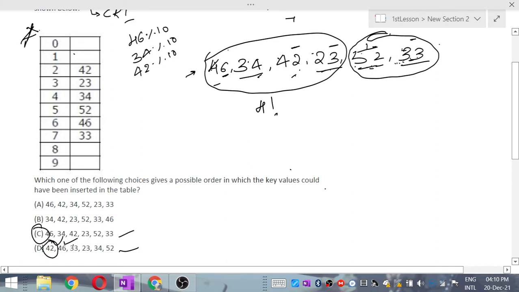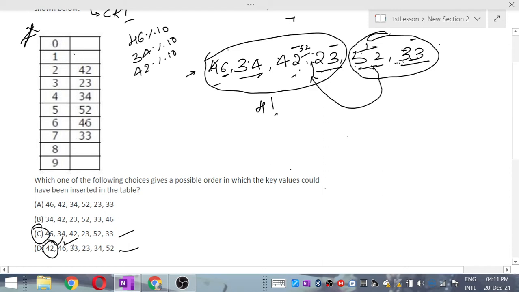Now let us see whether I can take this. What is the one condition? 52 has to come before 33. Up to now, that is our observation. Now, can we take 52 into this group? Let us see whether it is possible or not. If we try to insert 52 before 23, what happens? Let's see.